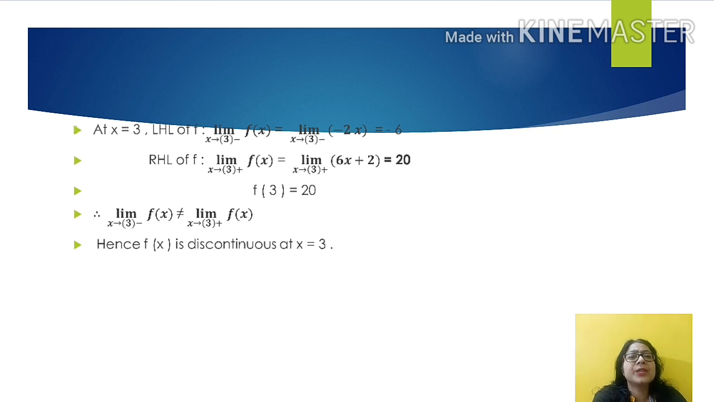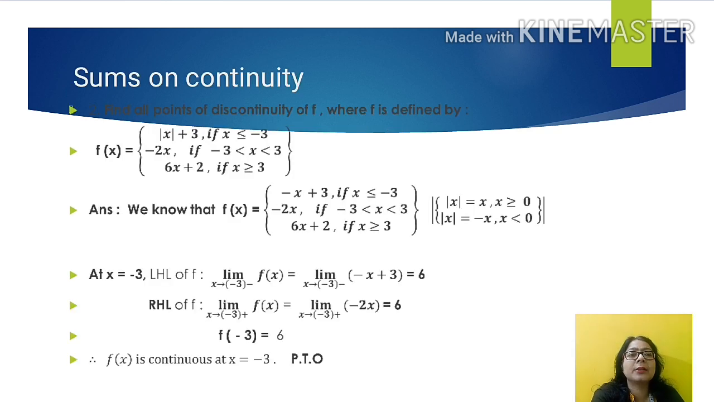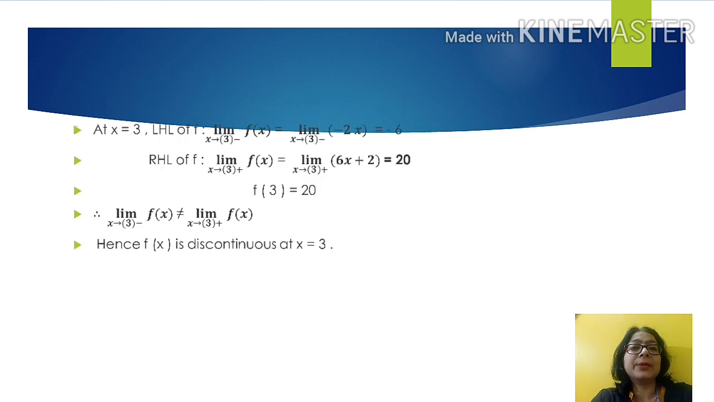So at x equal to 3, again just check the function a little bit. Left hand limit at x equal to 3: the function we have to consider at that time is minus 2x, so minus 2 into 3, that is minus 6. Then the right hand limit, that is x greater than 3, we have to use 6x plus 2, that is 6 into 3, 18 plus 2, that is 20. Also f of 3, this last function you have to consider,